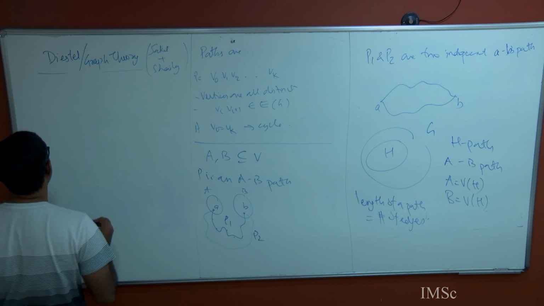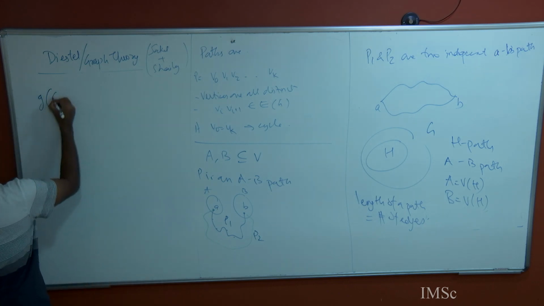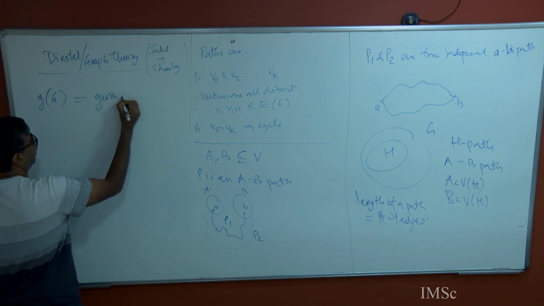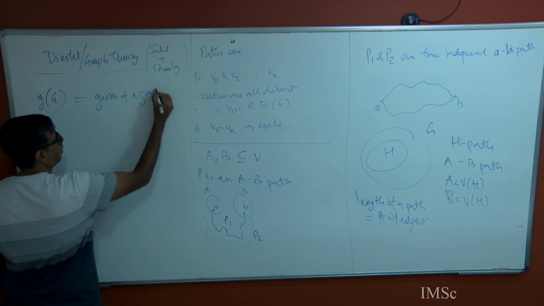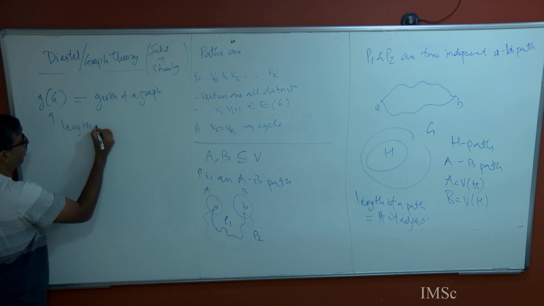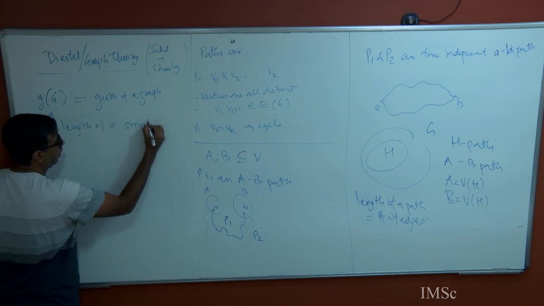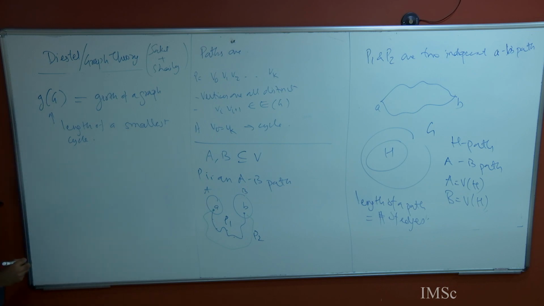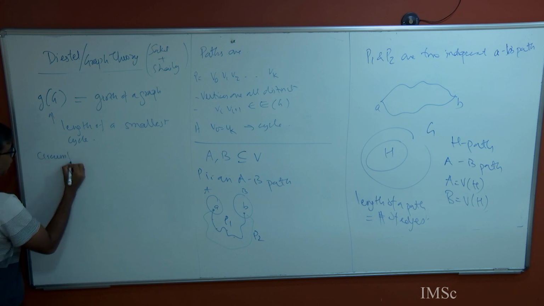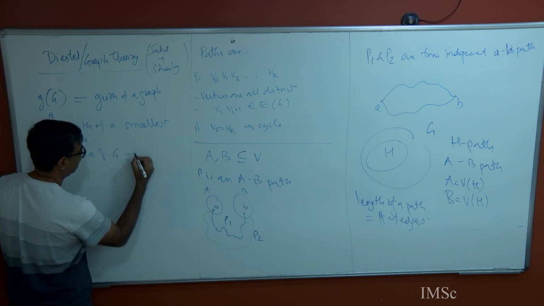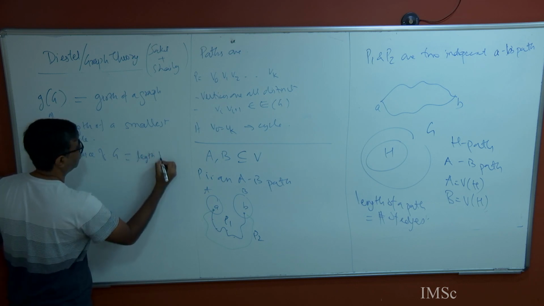Okay, so there are two more definitions, then we prove. There's something called the girth of a graph. What is the girth of a graph? It is the length of the smallest cycle. It's called the girth of a graph. There is also something called the circumference of G, which is the length of a